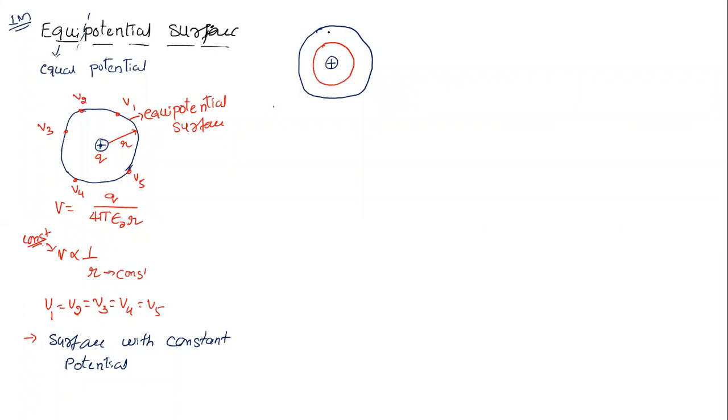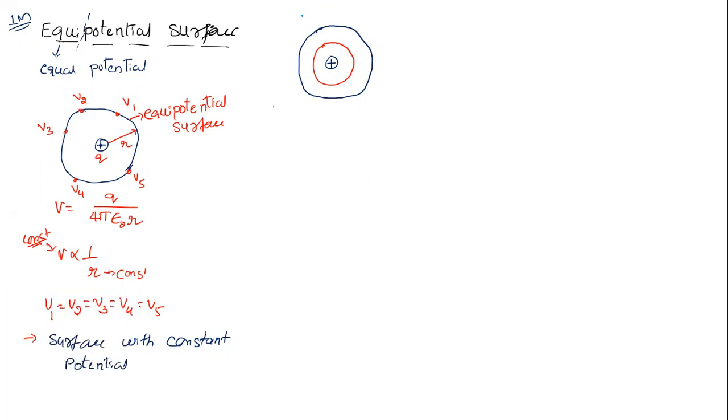Now tell me, on this second circle is the potential the same or different? Again same. But as compared to the red line and the blue line, are those two having the same potential? No, sir, they have different potential because of different radius. But on the red line itself it is the same potential, and on the blue circle itself it is the same potential, but the two circles are at different potential. So this is the way of drawing an equipotential surface for a given positive charge.